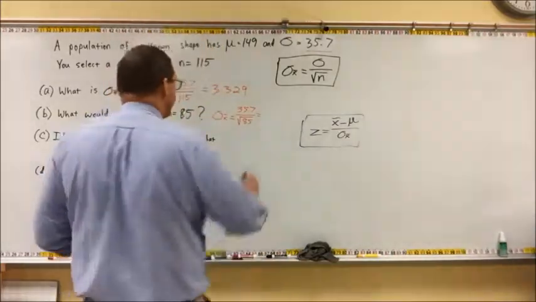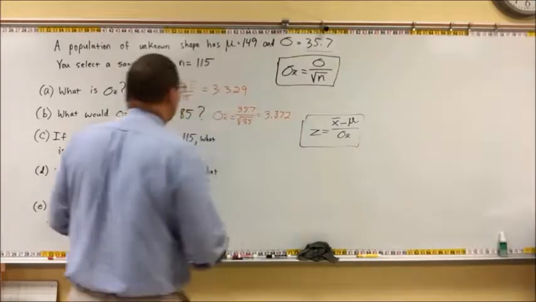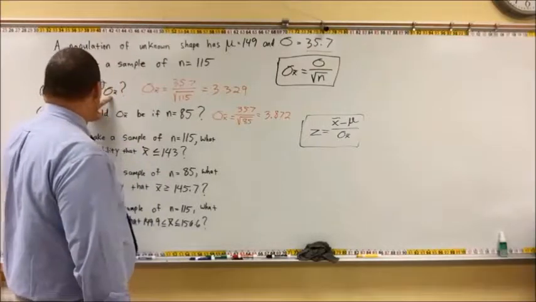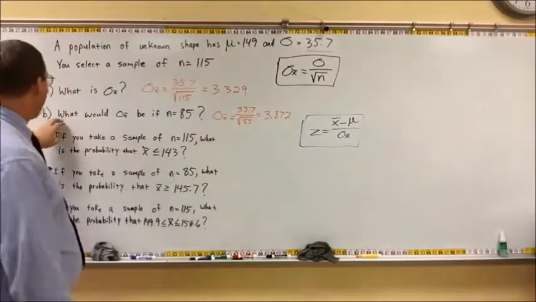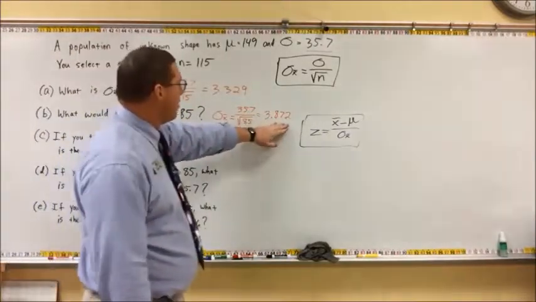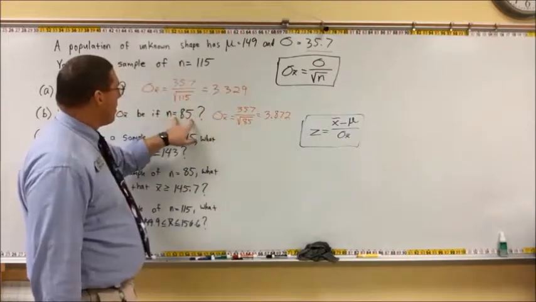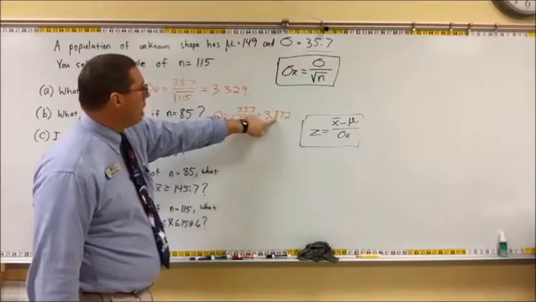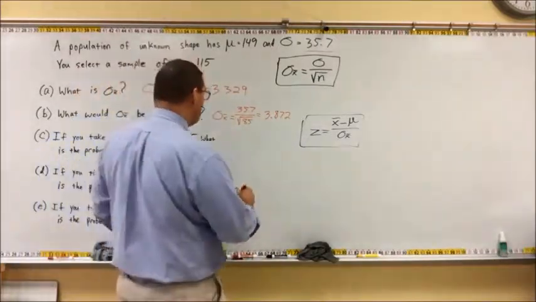3.872. And so, my standard error for part A was 3.329, but now my standard error for part B is 3.872. And I want to show you that when the sample size went down, the standard error got larger. And that's an important quality. Something you should remember is